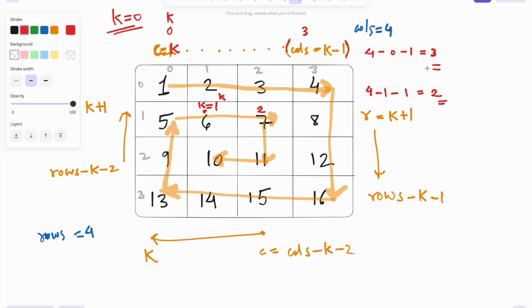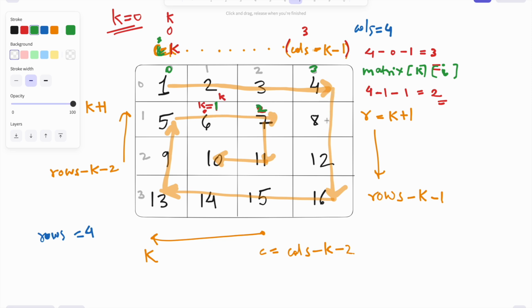And in that, what do we want to add? We want to add matrix, this is our matrix. Which elements do we want to add? What is remaining constant? Say this is i. The row remains constant, and that is the 0th row, so that is the kth row, and here the ith element, ith column. So here we are determining the columns. We're going from the 0th column to the 3rd column. Here we are going from the 1st column to the 2nd column. Perfect. So this is our left to right logic.